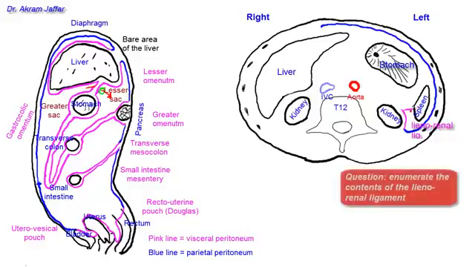Lien means spleen, and renal, lieno-renal ligament. Peritoneum encloses the spleen, completely encloses the spleen. So the spleen is an intraperitoneal structure, and return back to the hilum of the spleen, where the lieno-renal ligament originally was attached. This is the region of the hilum of the spleen where vessels pass in and out of